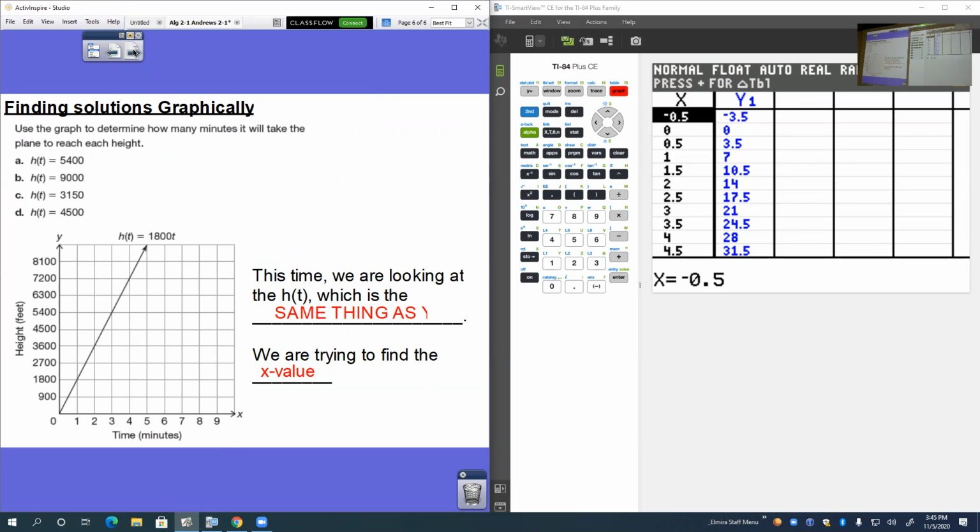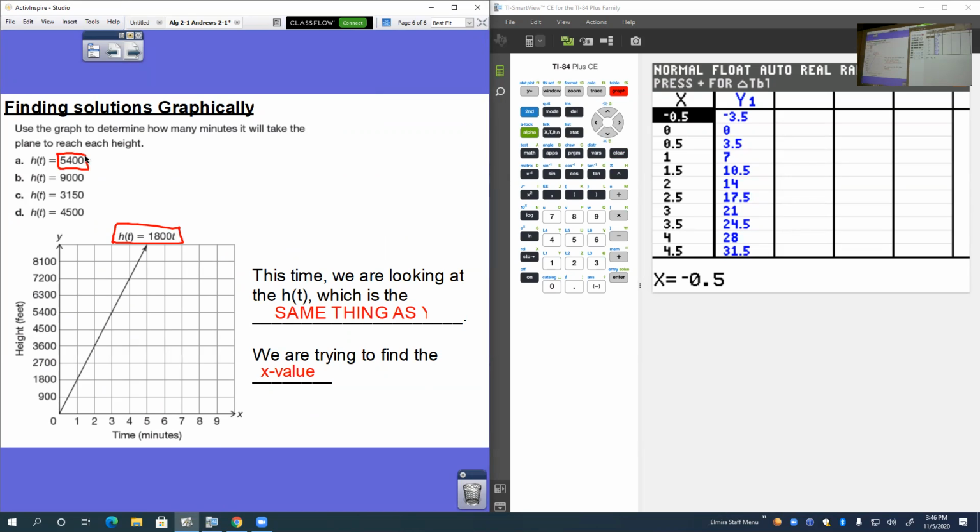The last one is finding solutions graphically. So we have the graph now of our airplane. Notice that we're still going up at 1,800 feet per minute. Use the graph to determine how many minutes it would take for the plane to reach its height. So we want to know the height, we want to know how many minutes it's going to take to get